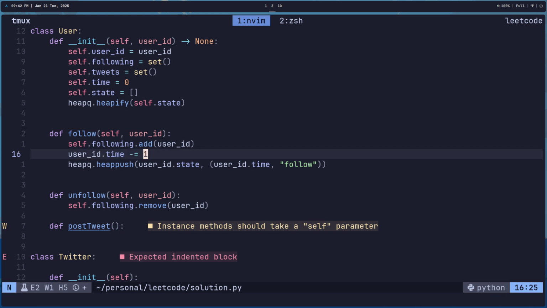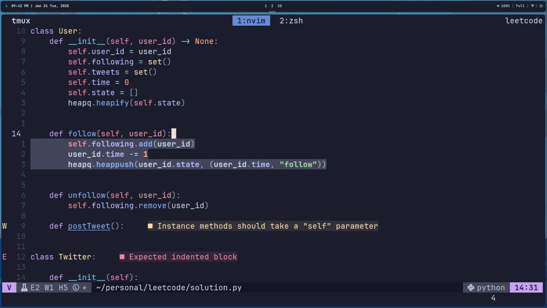I'll decrement their time, meaning this is the most urgent, the latest one, so it will pop up to the top of the heap when I add this to their heap, right? That's what I kind of want to do, but I just really hope that it knows that it can sort by the